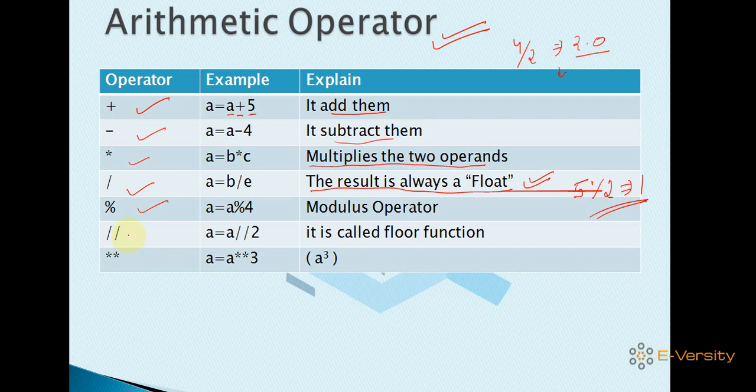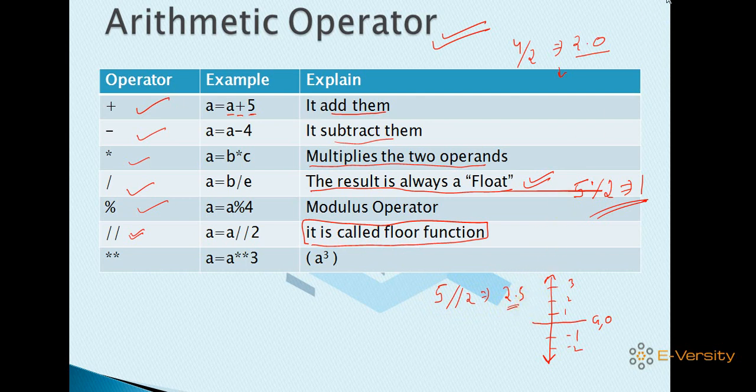Okay, second, it is called the floor operator. Sometimes it is called the floor function, sometimes the floor operator. So what is it giving? It is giving the floor value. What does that mean? I can explain with an example. Suppose this is our floor system, this is my ground floor, so you can say it is 0, and this is 1, 2 and 3, and this is -1, this is -2. Suppose I am writing 5 floor 2. Basically when I divide 5 by 2, the answer is 2.5, right?